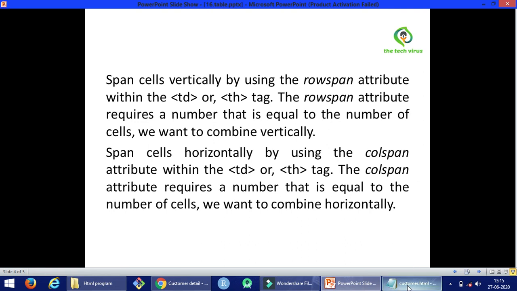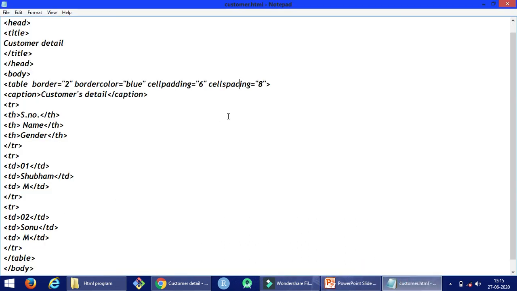Now, open your text editor. Remove it and write here rowspan. Sorry. Write here rowspan equals 2.